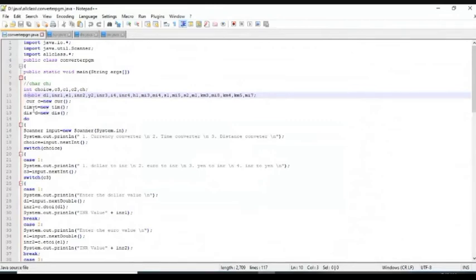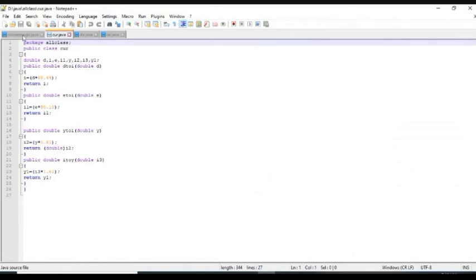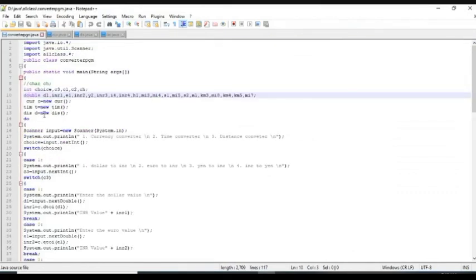Next, COR. C here is the object, new COR. That means you are calling the class COR, which I already stored in the package, that is COR.java. Next, we are calling the object T, that method name is TIM. Next, this D will call the method dis.